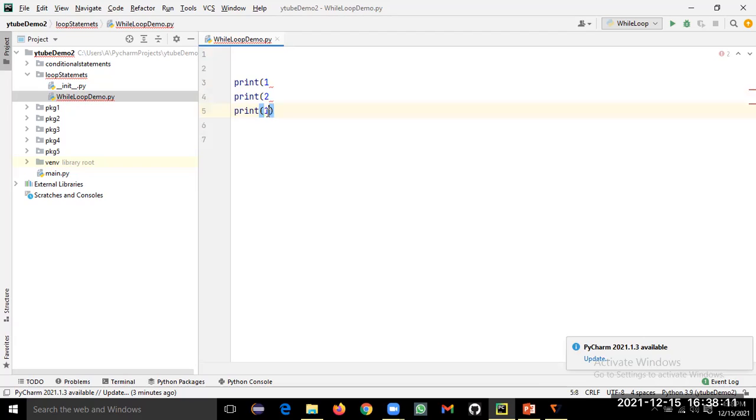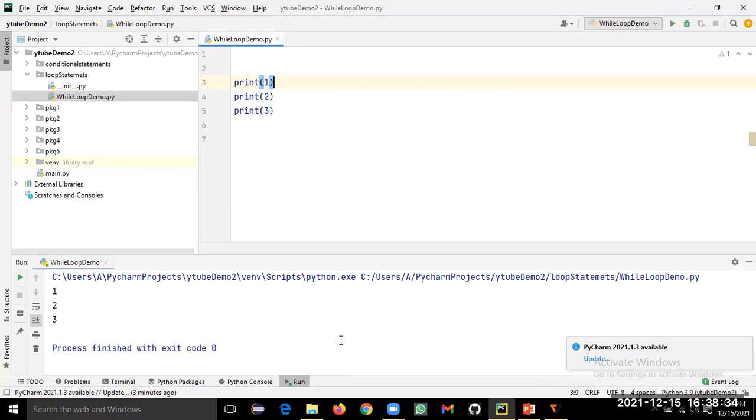Here we can see this print statement, these enclosures are the same, but I'm just changing the value which I'm going to print here. When I run it, you can all see this statement is getting executed again and again: 1, 2, 3. Let's say I want to save my effort and print 1000 numbers or 100 numbers.